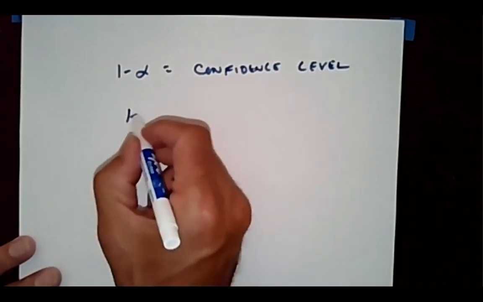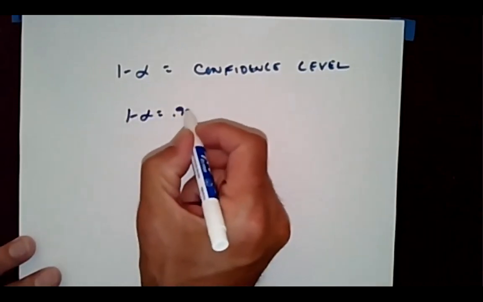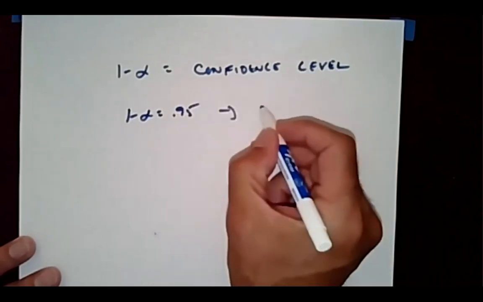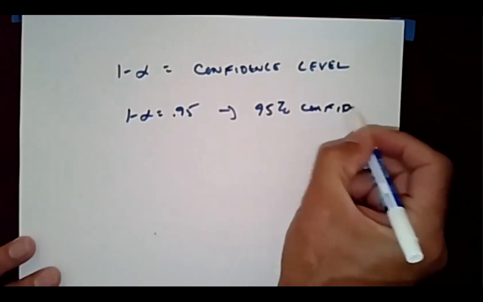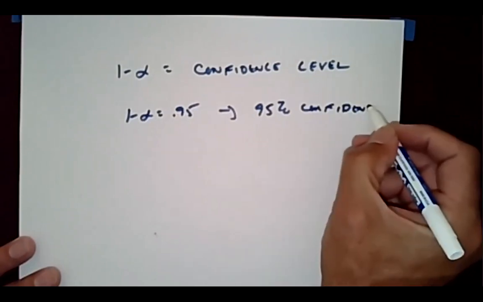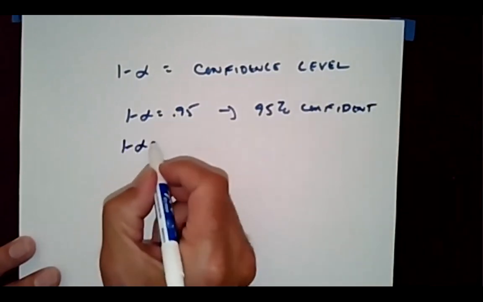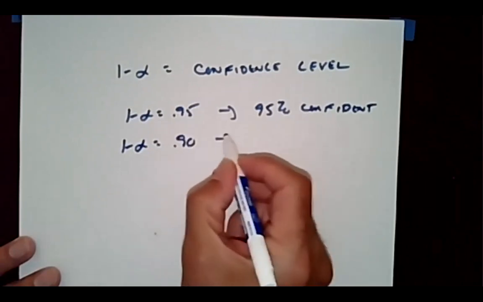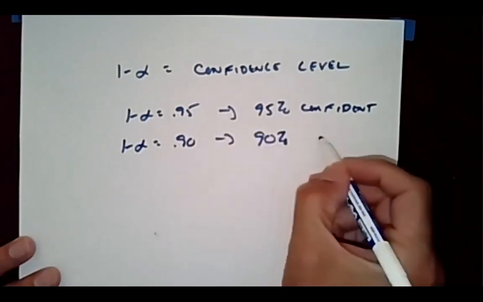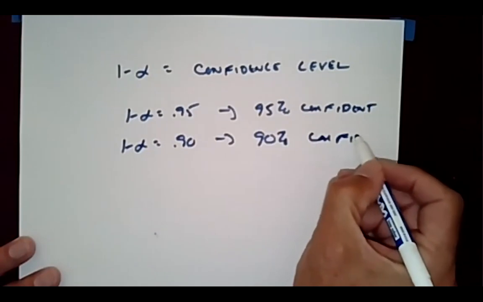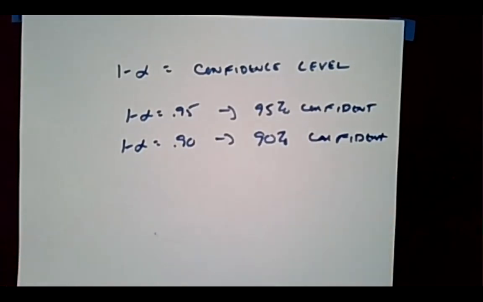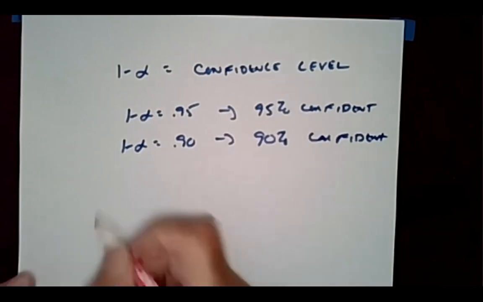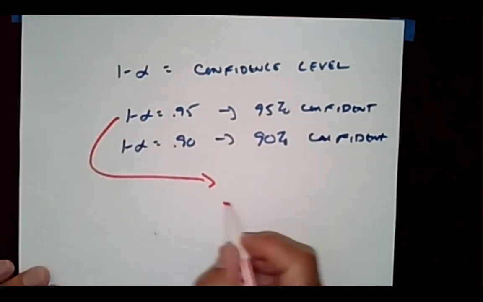So if I write 1 minus alpha is 95, translation: 95% confident. If I do 1 minus alpha is 90, that means 90% confident, right? So this one here, 95%, I would say, hey,